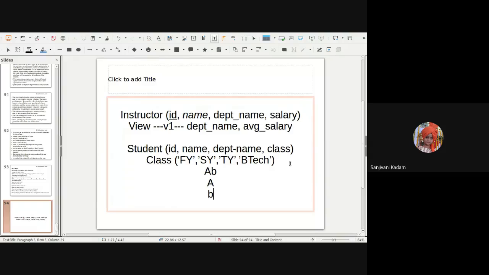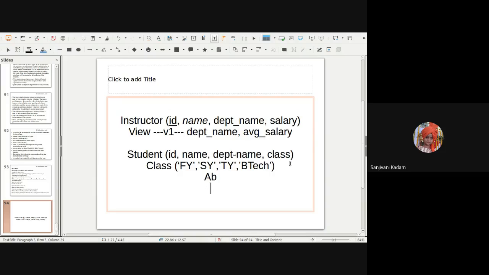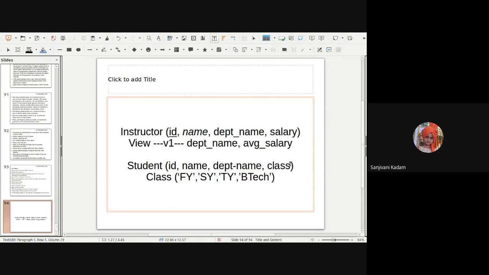Whenever we say any data type is integer, we are allowing all the integers to be part of that value. So whenever we are dealing with values, yes, integer values are allowed, but there also we want to put some restriction. In that case, we can apply this by using the check constraint. So what I will do is, during defining the class attribute, I will check. So this is considered the definition of my class